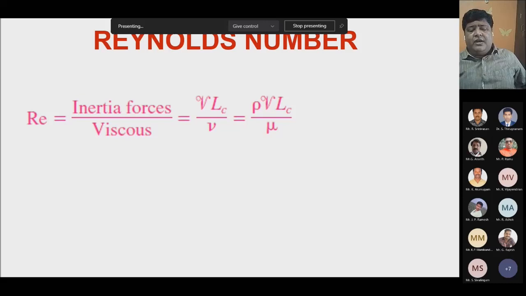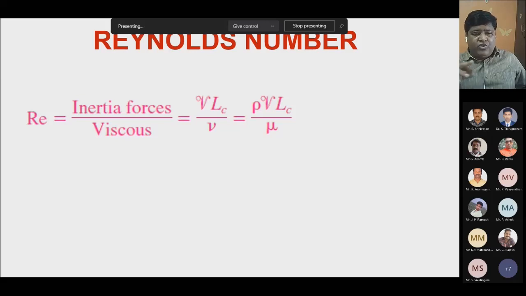When a fluid is flowing in the laminar zone, the fluid is moving at a particular velocity with an inertia. If the viscous force is more than the inertia force, the fluid cannot move here and there. It has to move in a straight path, because the viscous force is trying to hold the layers together. It is not allowing them to move in a zigzag manner. So in Reynolds number, you can see the viscous force is high, inertia force is lower. In that case, the Reynolds number is less.